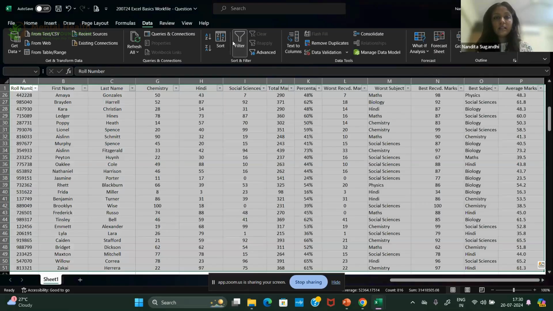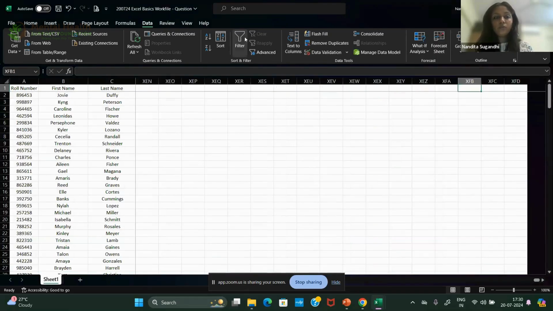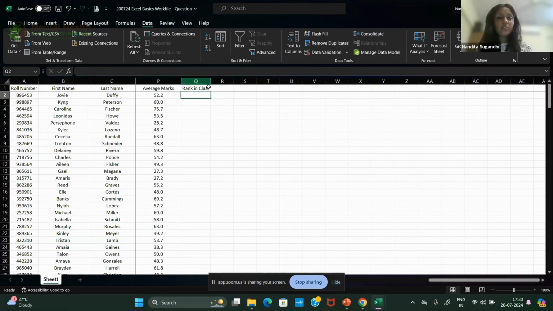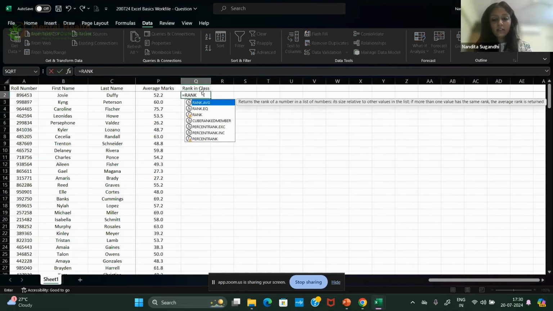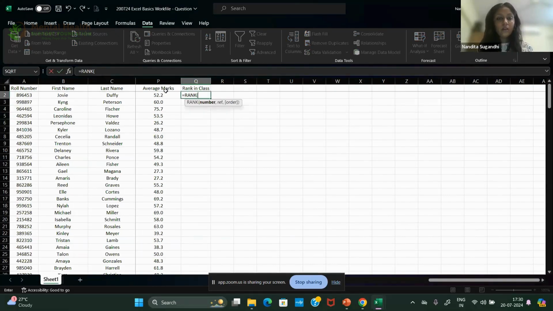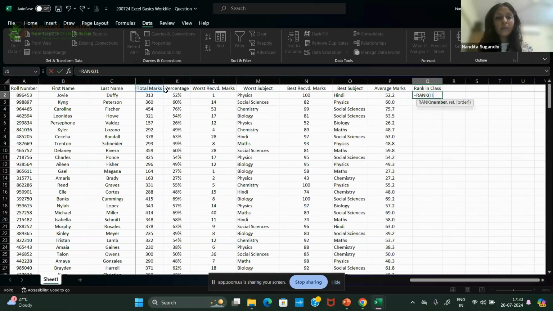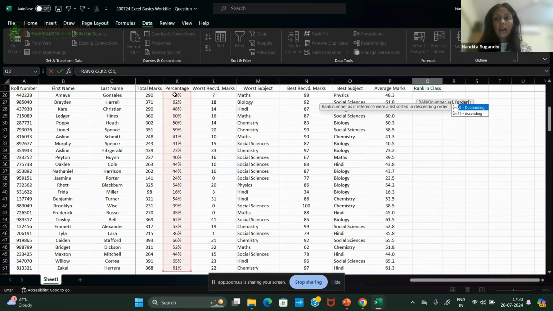It's very interesting. I want to remove this rank in class. There is a rank function in Excel. You just find RANK and you will find the number. I want to do it by percentage. My reference would be the entire set, and my order would be descending. That's it.